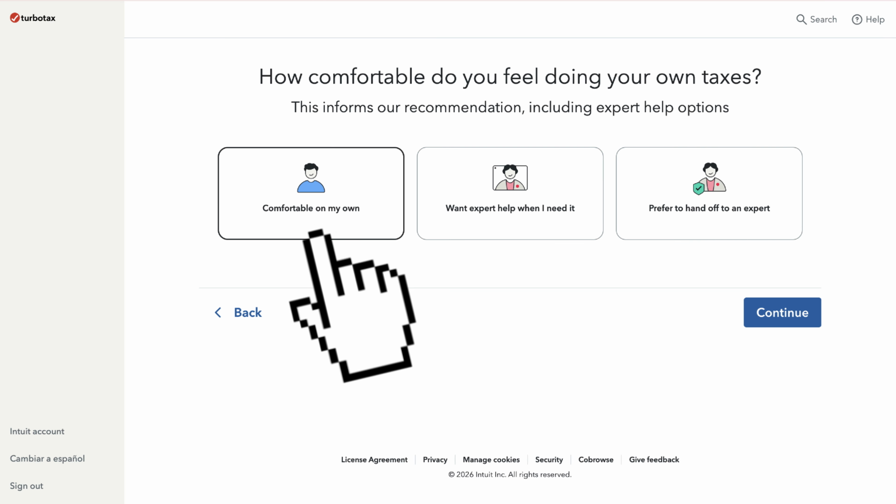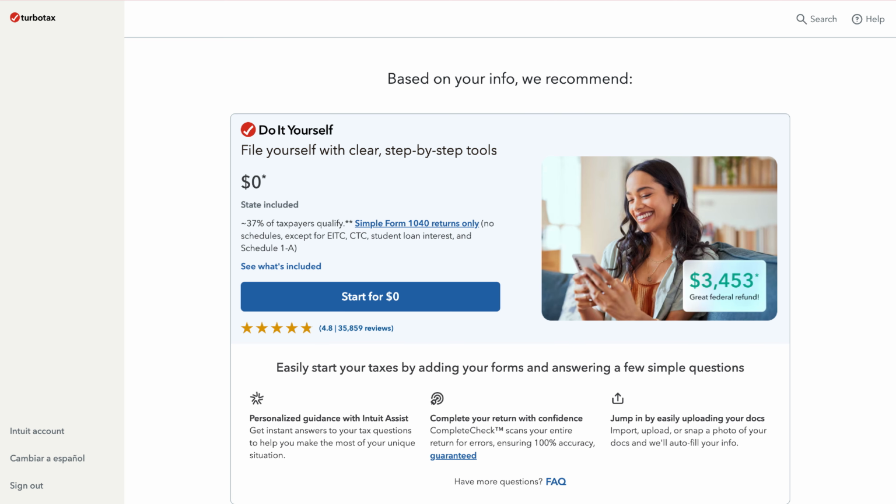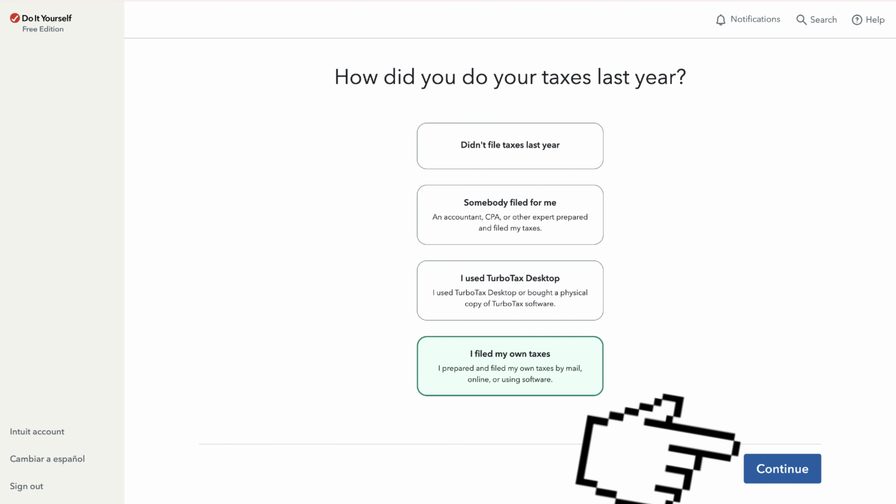Here, you want to choose Comfortable on My Own, and then hit the Continue button. And there you go. TurboTax did not include any of their products, and you can file your taxes for free. Right here, you can just click on Start for $0. In this section, you may choose any choice that you feel is more suitable for yourself, and then hit on